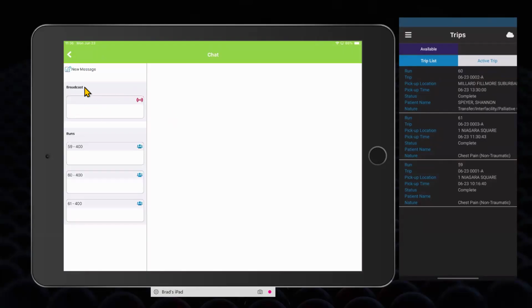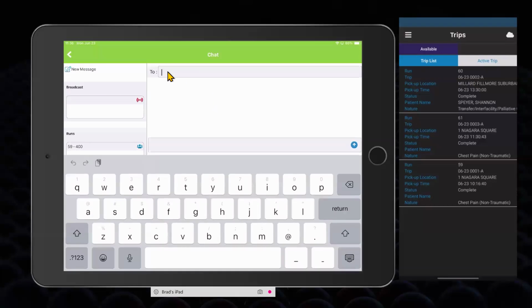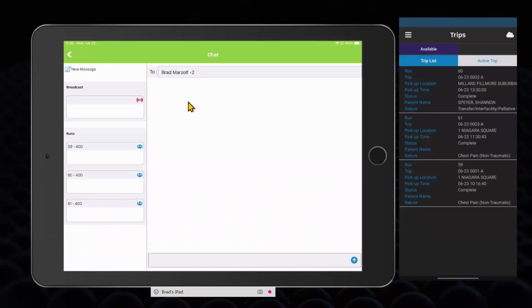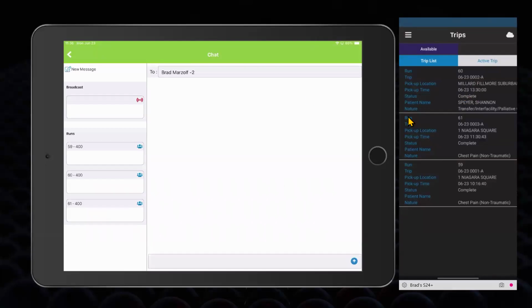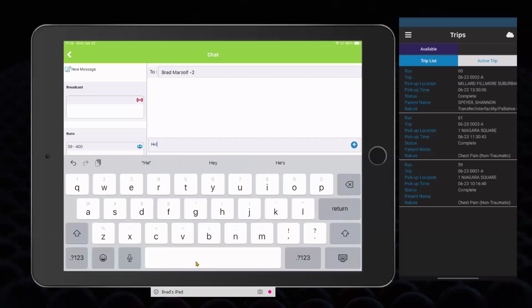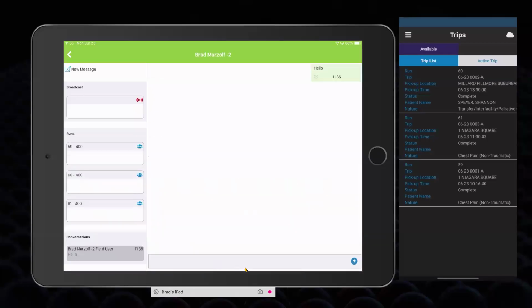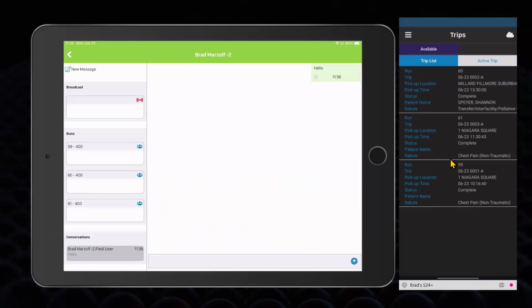Or I can do what most commonly would be done, which is just hit this new message icon, and it's going to ask you who you want it to go to. Just search for the name. It's only going to display names of crew members that are currently signed in. So if someone's off duty, for example, not working, you're not going to see them populate in here. So I'm going to go ahead and hit the second user that's over on my phone and type a test message, just say hello. And on my phone, we should get,